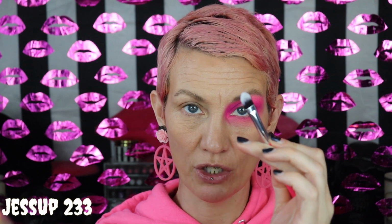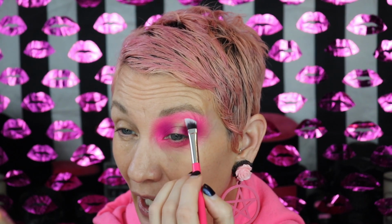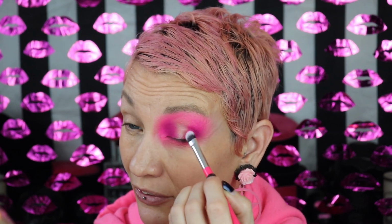I'm going to use my JESSUP 233 cream shader brush because it's round and it taps on halo eye very nicely. Actually, I don't like what I got there. I can just take it and go like this with it, and it really makes that shape super nicely. And then I just tap it and we'll see if it even...